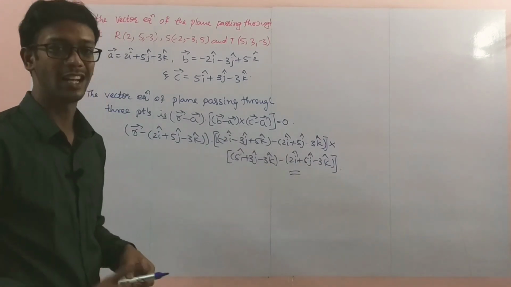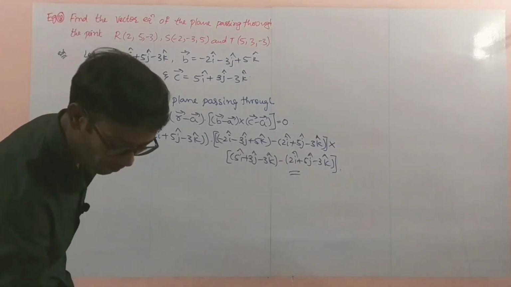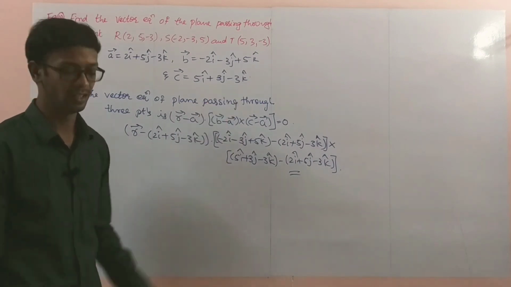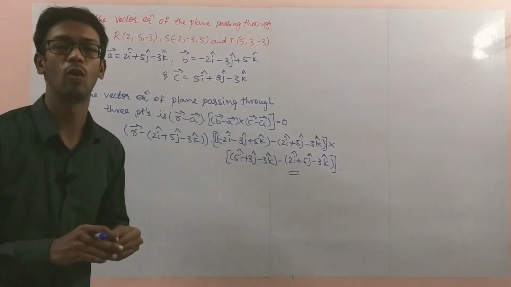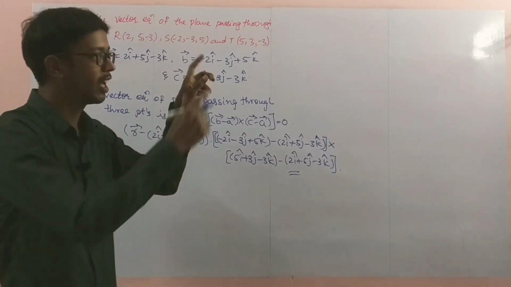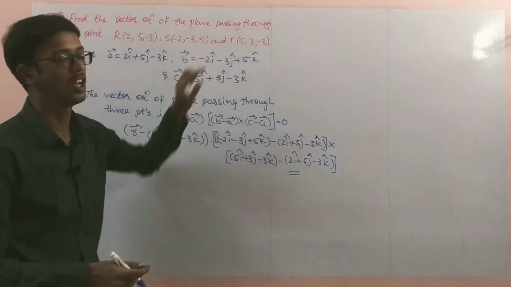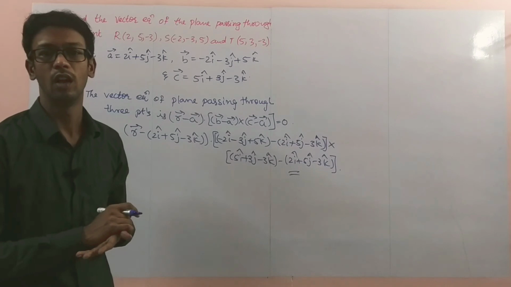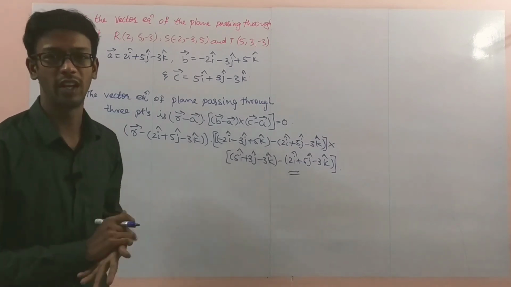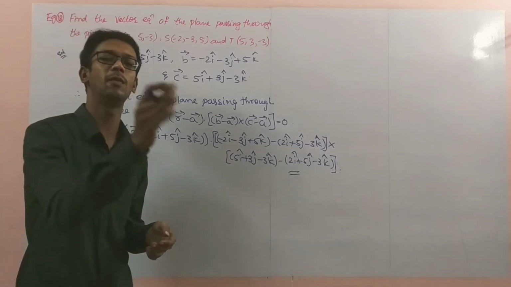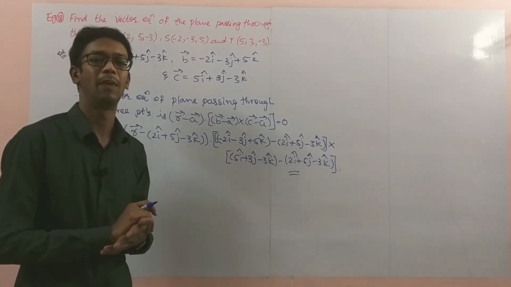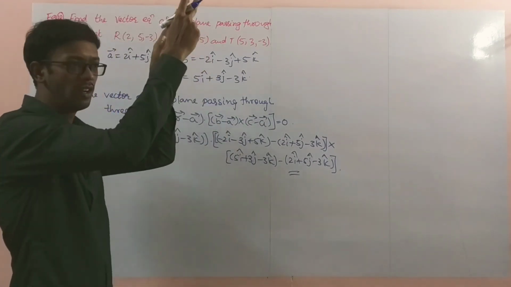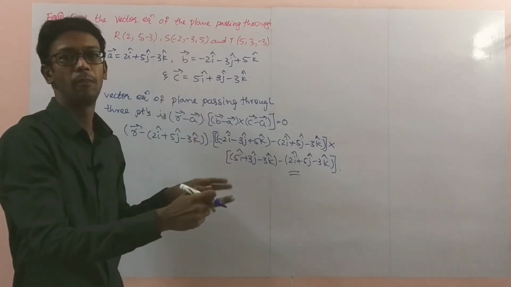Next, exercise problems, there are 2 problems. Problem number 6 I displayed there. First of all, you have to check whether the 3 points are collinear or not. If the determinant of these 3 points is equal to 0, the points are collinear. Collinear means you will get infinitely many plane equations, so there is no need to find the plane equation. Just first find the determinant of the 3 points.